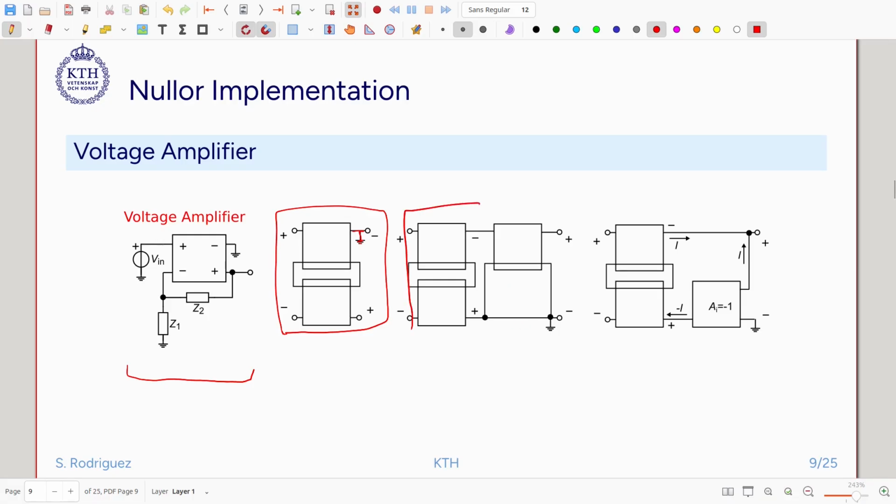So this is going to be the two-port network 1, and then the second network. So if I draw my nuller like this,